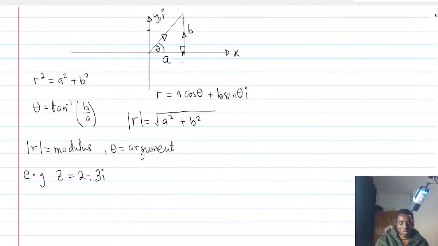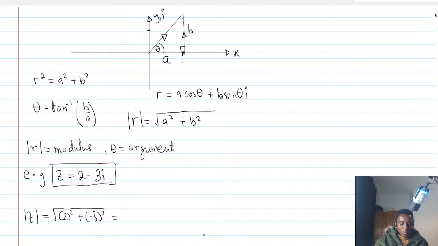So if I have z equals 2 minus 3i, then what is the argument? Or in other words, what is the modulus and the argument? So the modulus, or the magnitude, is given by what? The square root of 2 squared plus minus 3 squared, which is